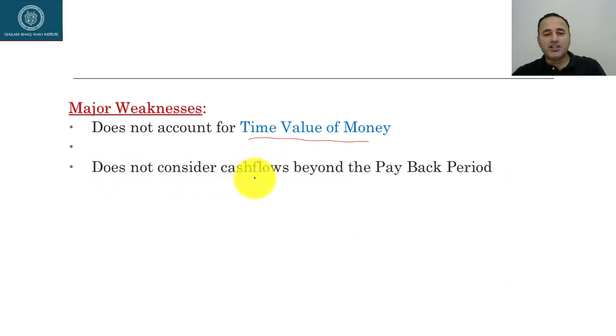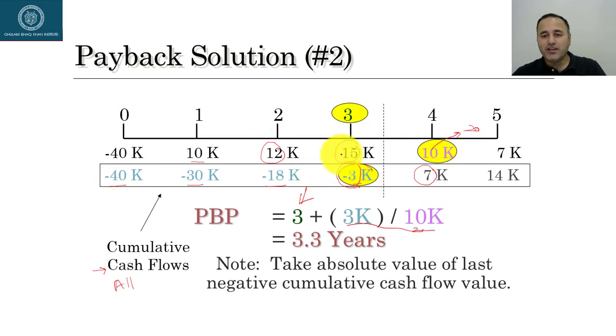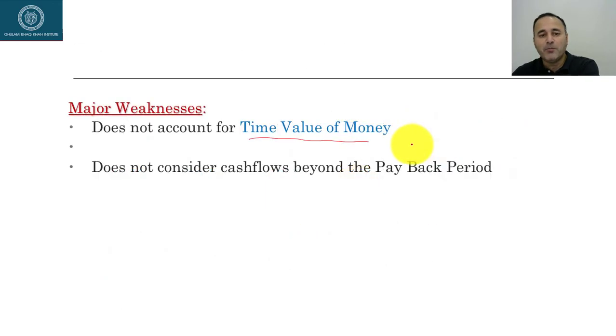And it does not consider cash flows beyond the payback period. If I go back to my timeline, you can see I'm only concerned about the period until 4. I am not taking into account the 5th year. So I'm ignoring all the cash flows which are occurring well beyond the payback period. So that is the second major